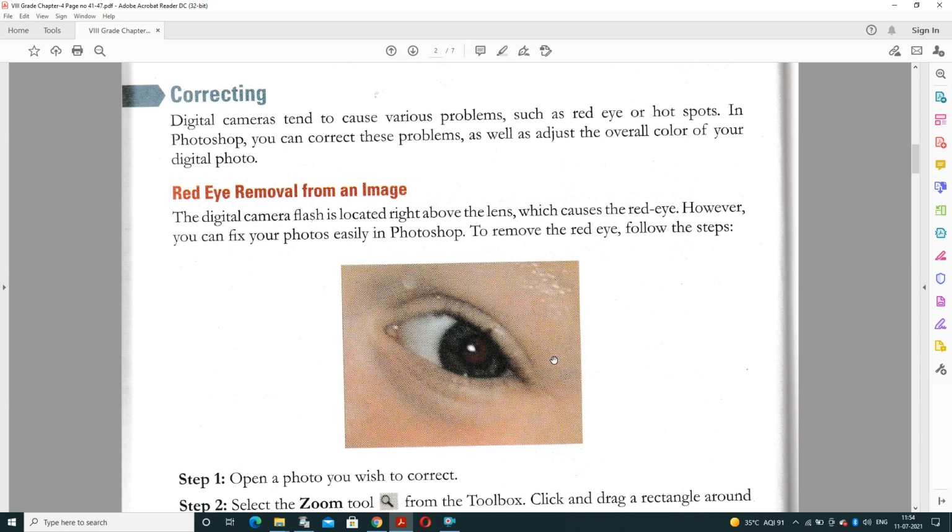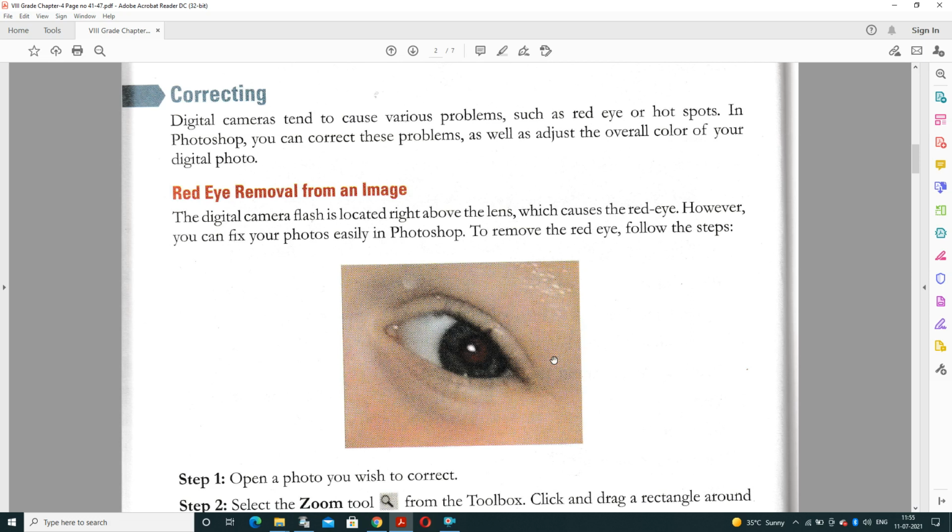Sometimes when a photographer clicks an image, the eye color will be red, such as red eye or hot spot. Hot spot means your face is so shiny that it degrades the look of your image. This type of problem can be corrected in Photoshop software. In Photoshop you can correct all such problems as well as adjust the overall color of your digital photo.